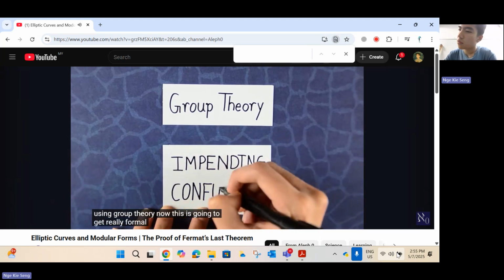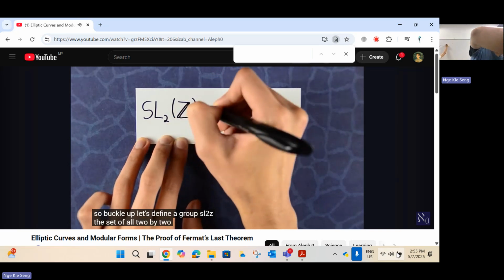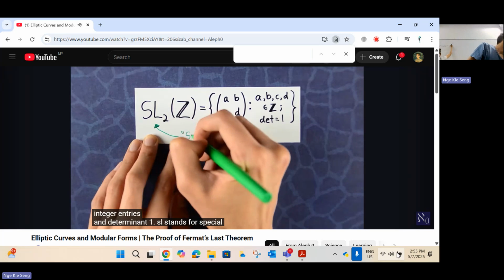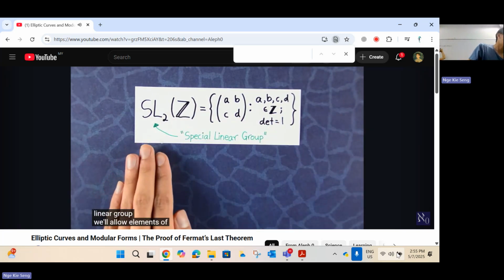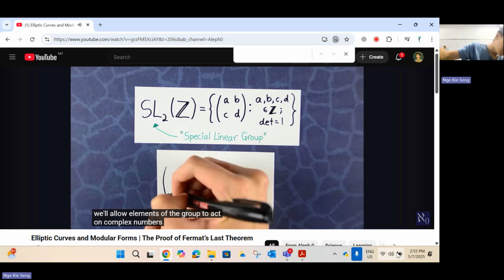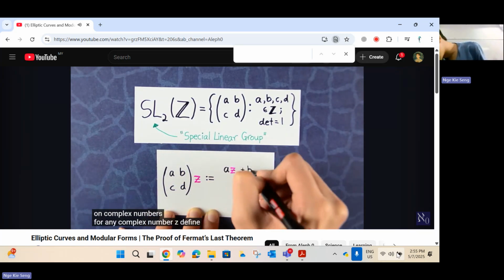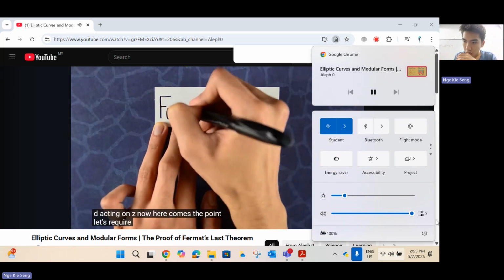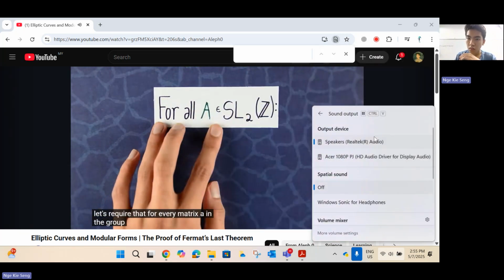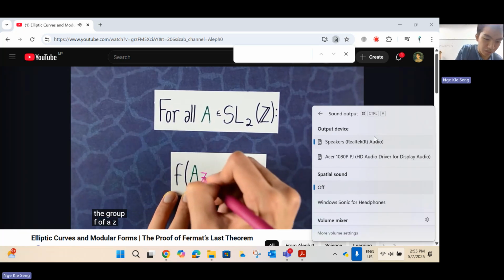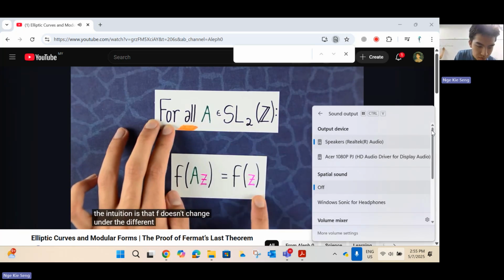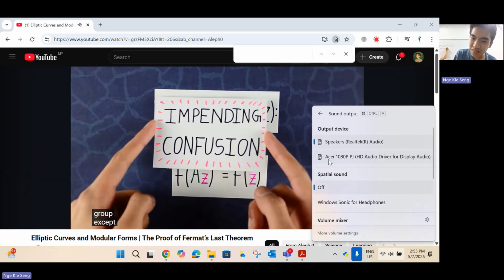Now, this is going to get really formal, so buckle up. Let's define a group SL2Z, the set of all 2x2 matrices with integer entries and determinant 1. SL stands for special linear group. We'll allow elements of the group to act on complex numbers. For any complex number z, define the matrix (a b; c d) acting on z. Now here comes the point. Let's require that for every matrix A in the group, f of Az equals f of z. The intuition is that f doesn't change under the different symmetries of the group, except